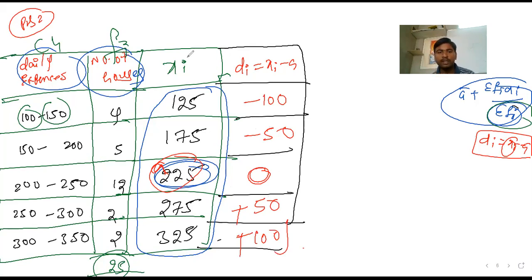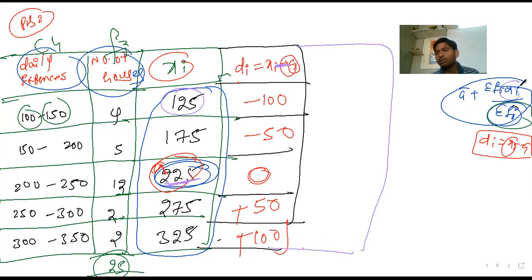Please, once again I'm telling you, xi means you can take and find out the class mark, as I think you know from before. The d is a new thing. Next, here a is a new term. How to validate the a value? Out of these, which value should be the assumed mean? So take the lower value and higher value, take the mid value. 225 you get approximately. Sometimes 224, 223 you get. You can take an approximate value. You fix a value, and di means xi minus a. So you got xi minus a. You can read off all values. You got it.